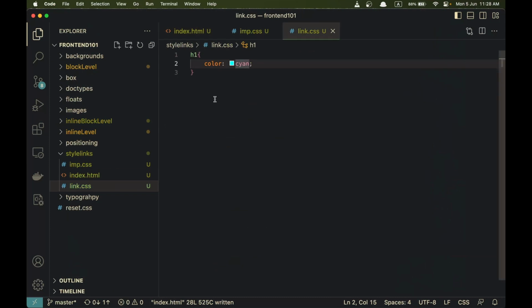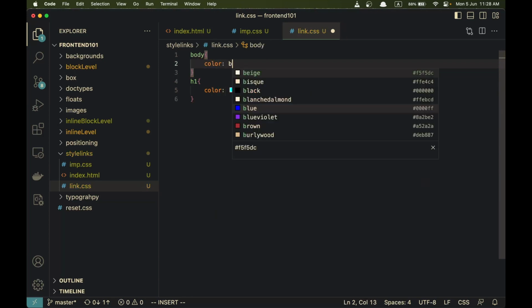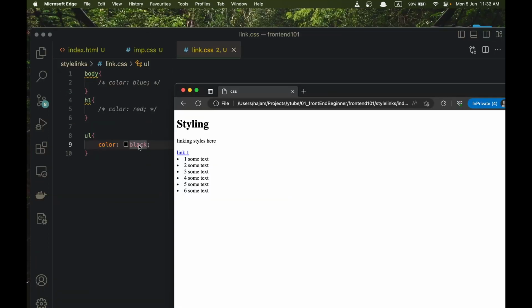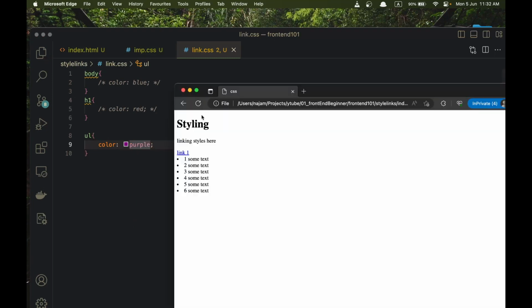Now it's a good time to use our external style sheet. So I can go here and type body, and I'm saying everything will be blue. Here I have black, and I can use purple maybe. I refresh this page,